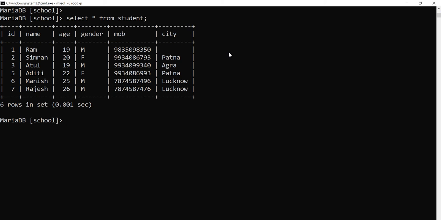So type select distinct age, gender, city from student.